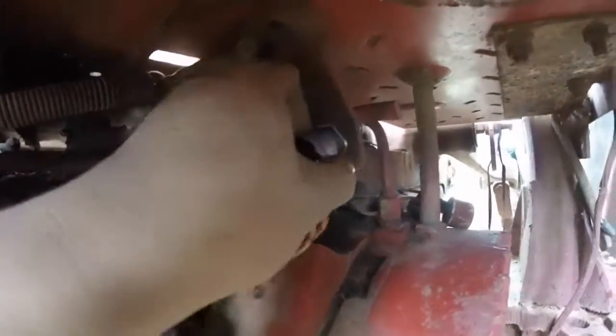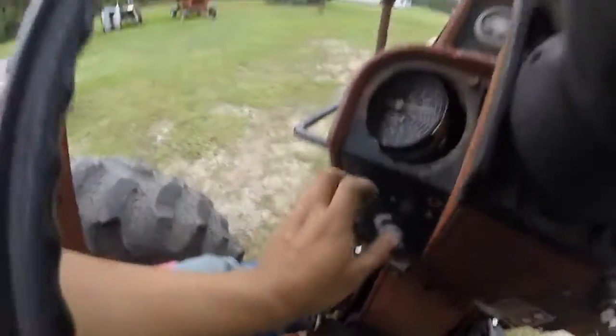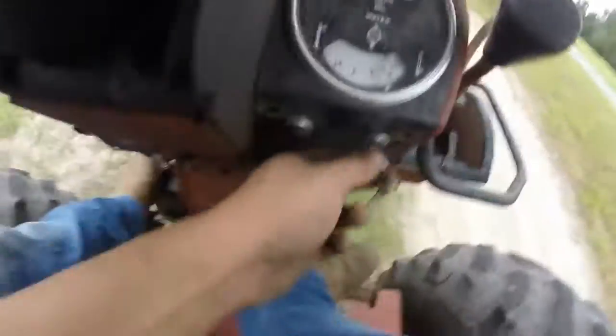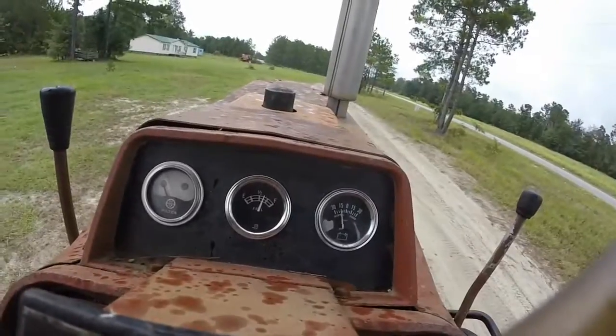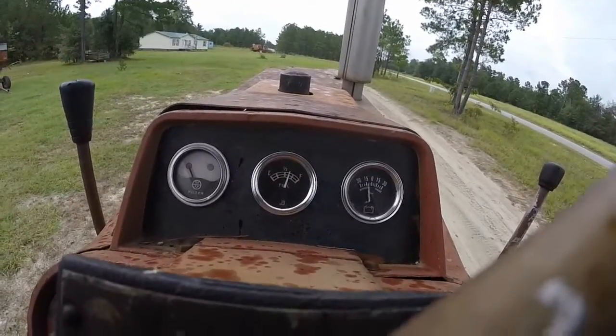I've tried switching that right there. I tried switching that around, which I know you're probably not supposed to, but you see that's a new part I got from Steiner Tractor Parts or whatever. That was a problem at first. I've got my clutch in, parking brake down, switch on like it should be, and it just clicks one time. So